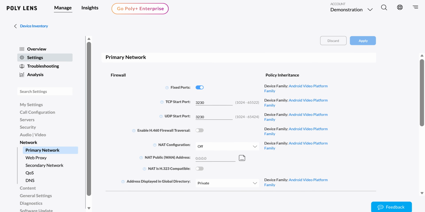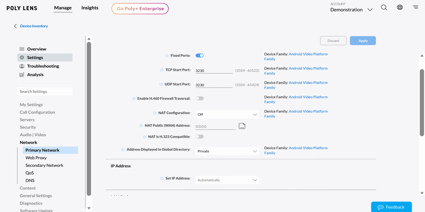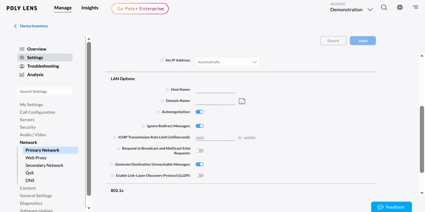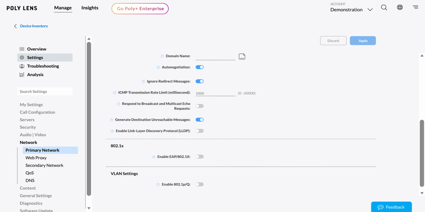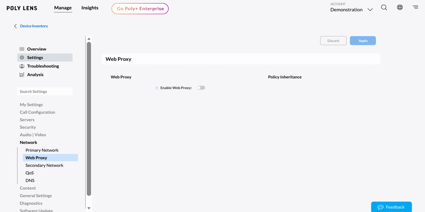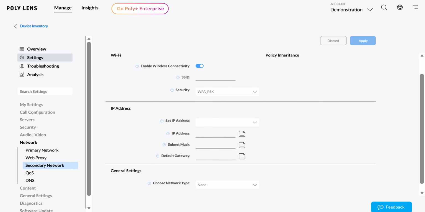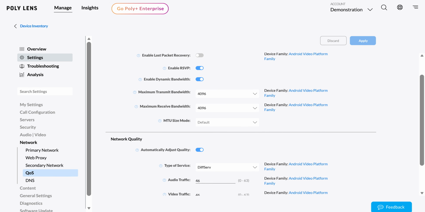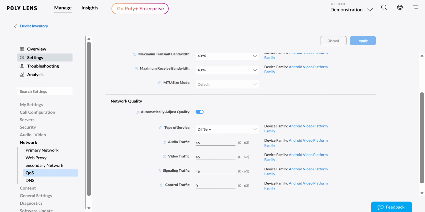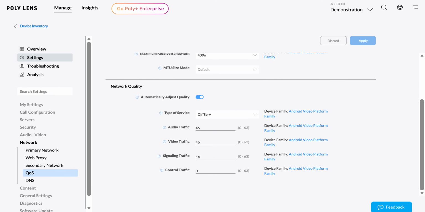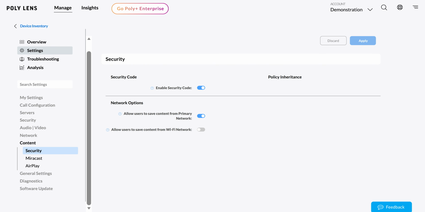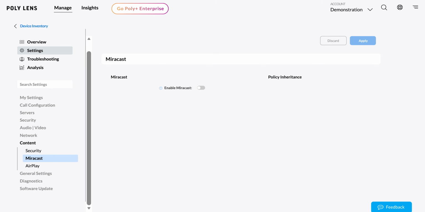Network allows you to configure the primary network, web proxy, secondary network, QoS, and DNS settings. Content allows you to configure security, Miracast, and AirPlay settings.